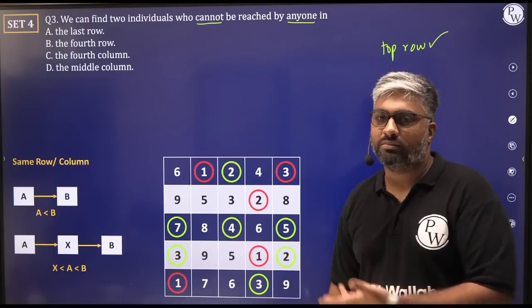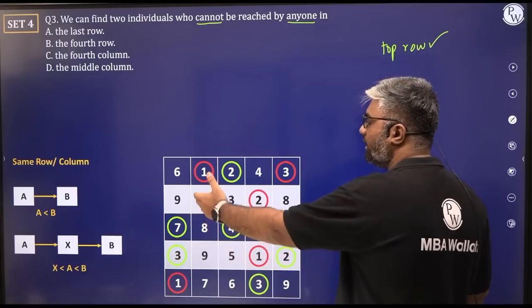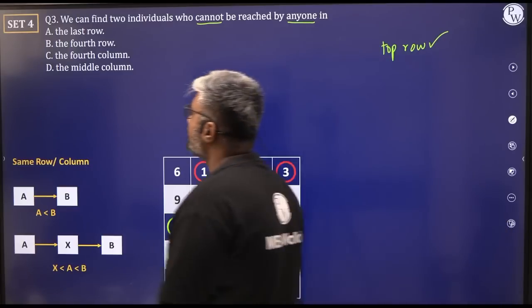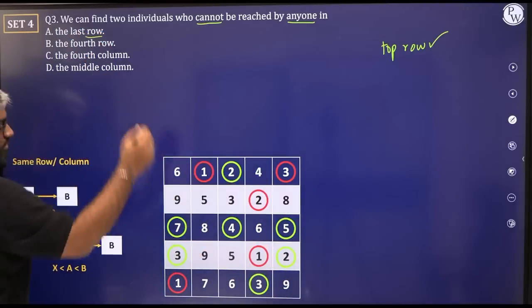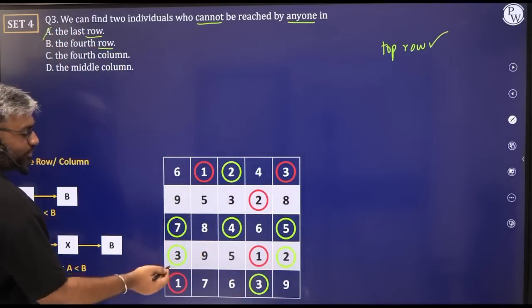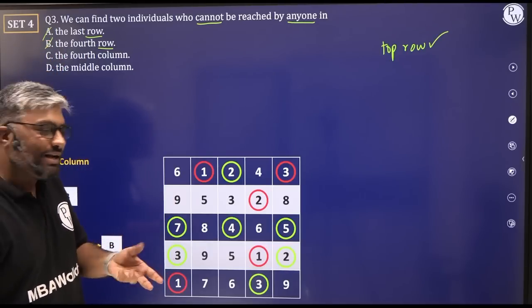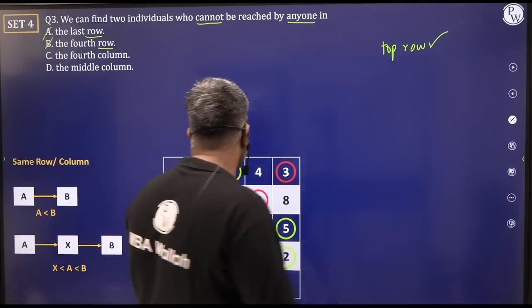That means this question is playing hard to get, right? हो तो गया, but अब ये top row की बात ही नहीं कर रहे. In terms of row, they are only talking about the last row. We know last row में 2 zeros नहीं हैं. Fourth row में 2 zeros नहीं हैं, right? So this question is just playing hard to get. थोड़ा सा और देखना पड़ेगा column wise. So now let's focus column wise.